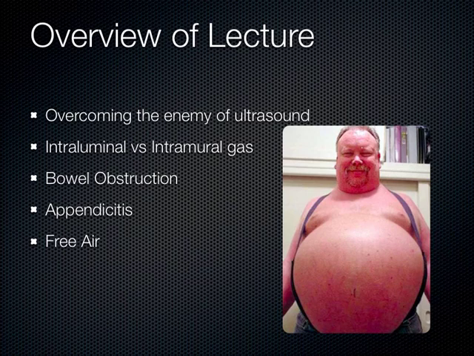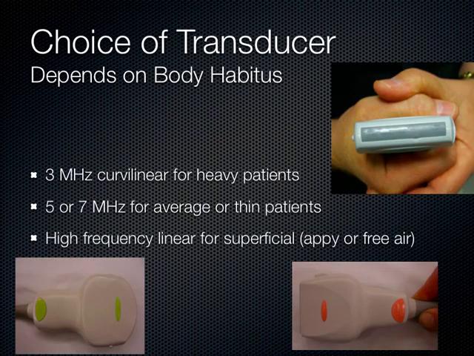Now, in a guy like this, I don't know if there's anything I could do to actually examine his bowel using ultrasound, because he's just so at the end of that spectrum of bowel distension. But in other patients, we can get through and see their intestines quite easily, even when they have a lot of pathology, which I'll show you here in a second. We're going to be talking about bowel obstructions, where the gas is located, and appendicitis in this quick little demonstration. So generally speaking, to insonate the intestines, you want to use the linear